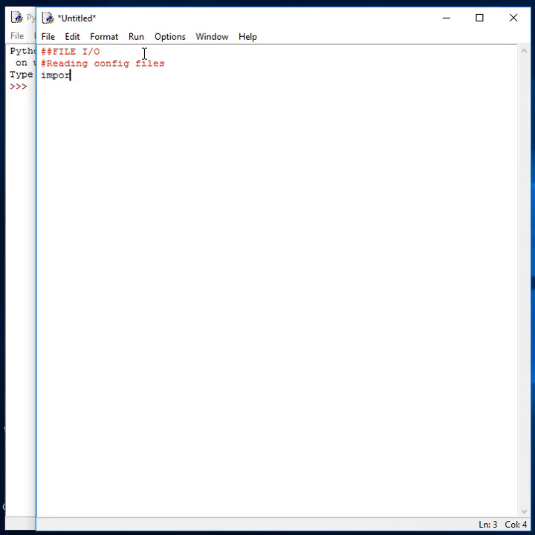So we start here with reading a config file. We will use a module called configparser. We are going to import the module and then use it to read the config files. Here we are creating a function called readConfig and calling it from our main program, as we have learned in our previous session. Here the config file, we will call it myconfig.ini, which is stored in the D drive. So we will specify config.read, the location of the file,